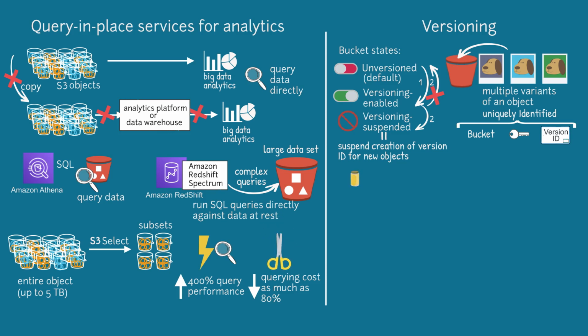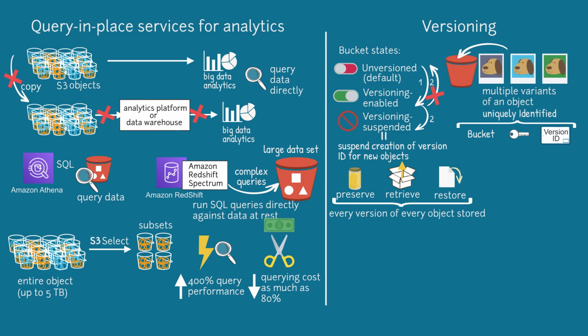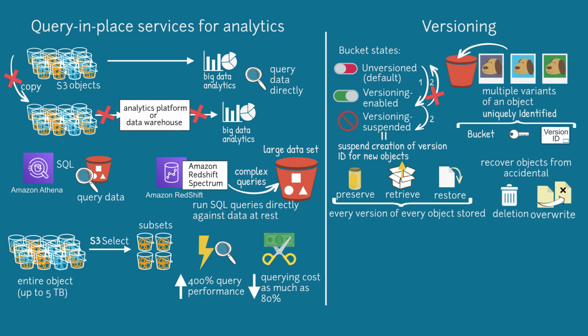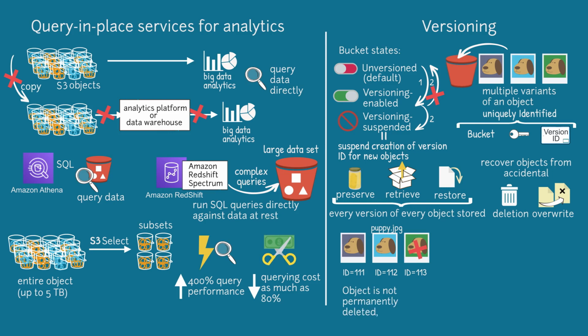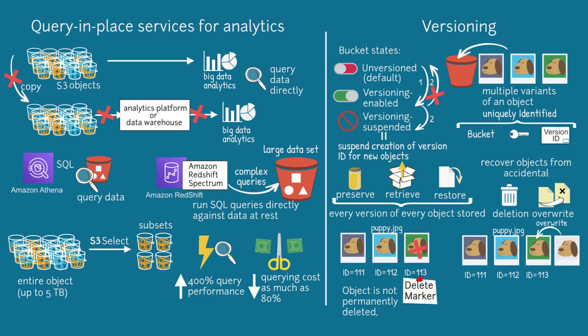You can use versioning to preserve, retrieve, and restore every version of every object stored in your Amazon S3 bucket. Versioning-enabled buckets enable you to recover objects from accidental deletion or overwrite. If you delete an object, it is not permanently deleted. Amazon S3 inserts a delete marker. If you overwrite an object, it results in a new object version in the bucket. You can restore the previous version, as long as the object has not been deleted,